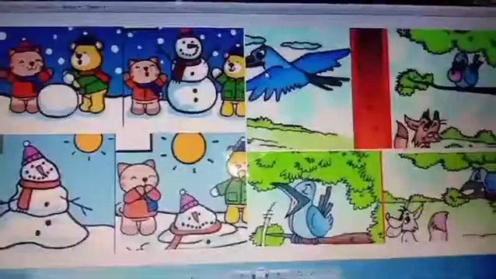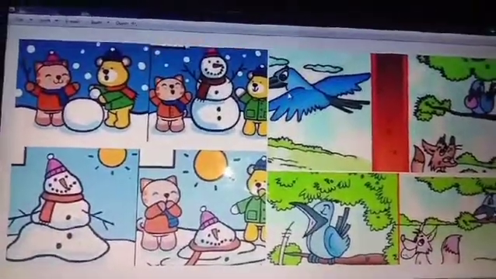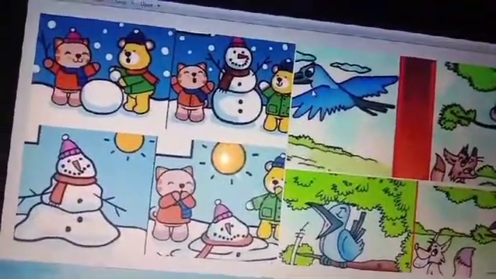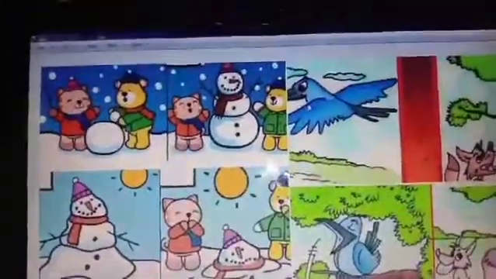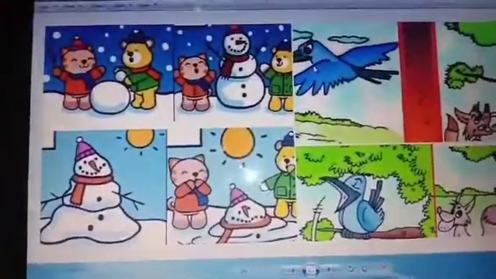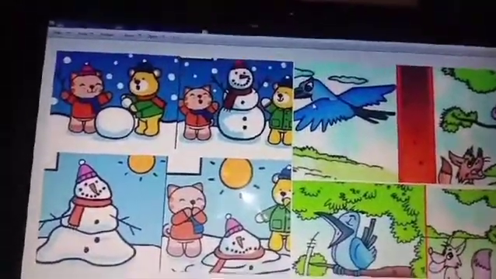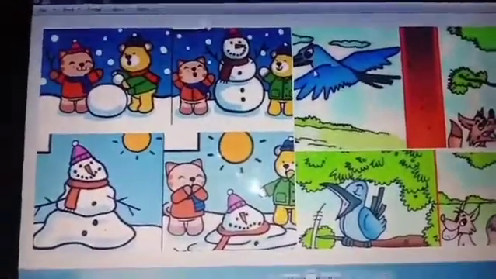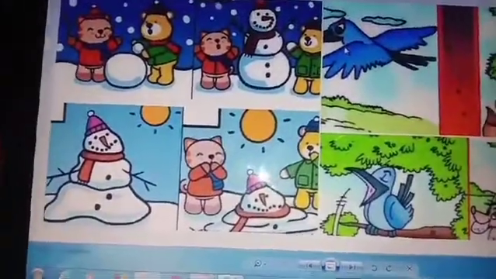Now I will also show you some slides. I will show you some examples of picture story writing. Okay, students? Just wait. Okay, students, so here you can see there are two picture story writings over here. I will just explain you. It is very easy. So I just wanted to show you the examples of how the picture story writing are. Okay. Now see.